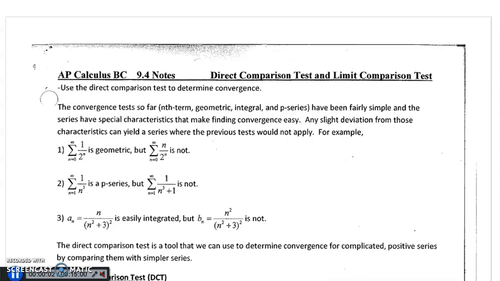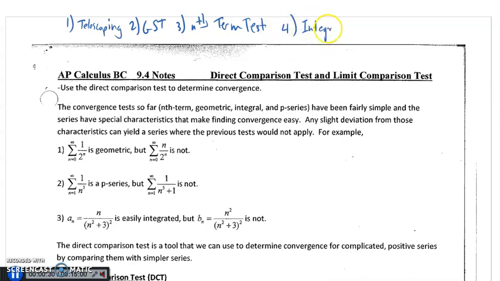Okay, so we are halfway through learning our 10 tests for convergence/divergence. As a quick recap, test one is telescoping series. See if you can name them before I get to them. Test two is geometric series test. Third is the nth term test for divergence only. Fourth is the integral test. Positive, continuous, and decreasing. And fifth is the p-series, whether p is greater than 1 or less than or equal